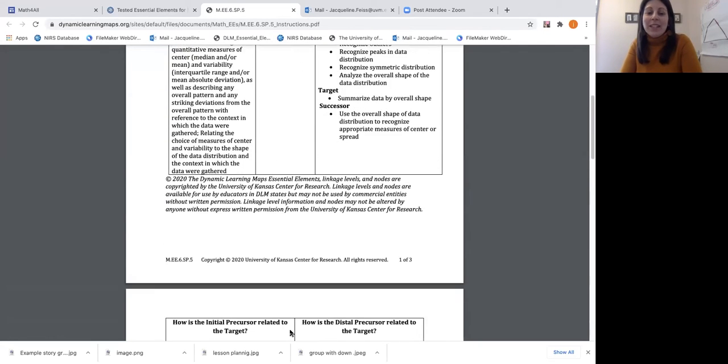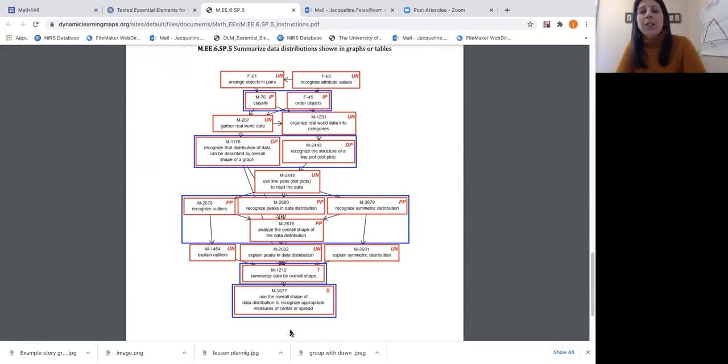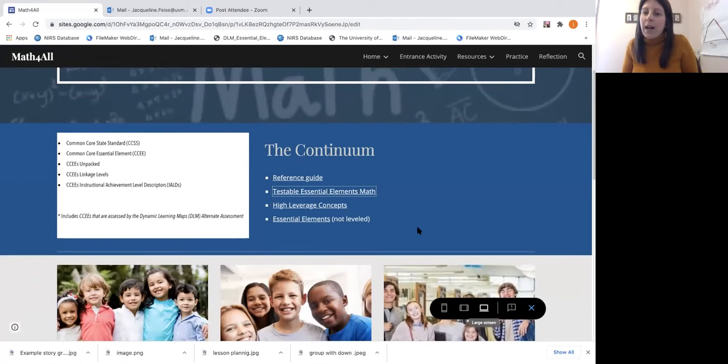And then the second page, or sorry, this one is the third page, it maps it out for you. So it really shows how the skills build on each other. And again, this isn't something we'll look at very closely at the moment, but you'll have access to all of these links later so that you can use that to support your work. John Tapper's high leverage concepts and the essential elements, that overlap work hasn't been completed yet. I know that Glenn Patterson has been working on that, but it's not done.